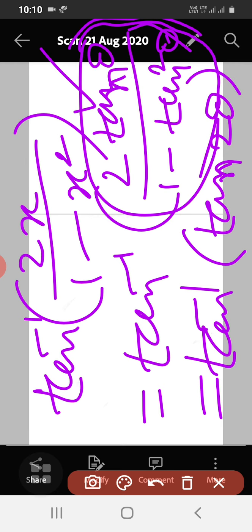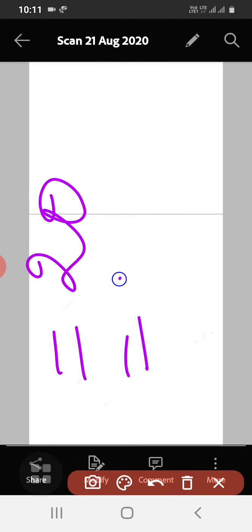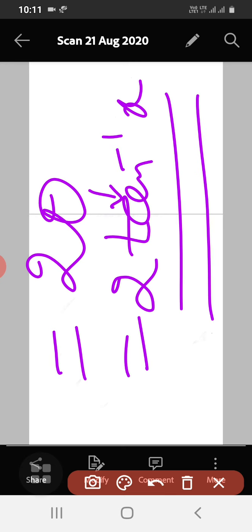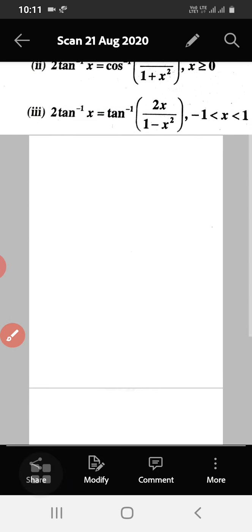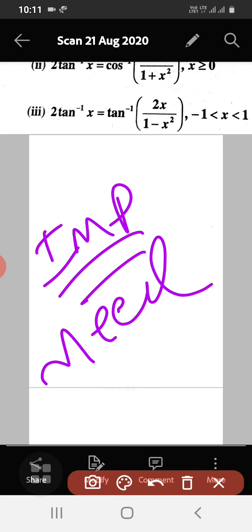Tan 2 theta is equal to 2 tan theta by 1 minus tan square theta. This is the standard result. So I have substituted x as tan theta and I got tan 2 theta. So tan inverse of tan 2 theta will be 2 theta. So theta means tan inverse x, so it is 2 tan inverse x. This was our RHS. These are very important results, and we will need them to prove some of the problems. So this third one I have also proved. You go through the proofs. We shall take up some examples in the next class.